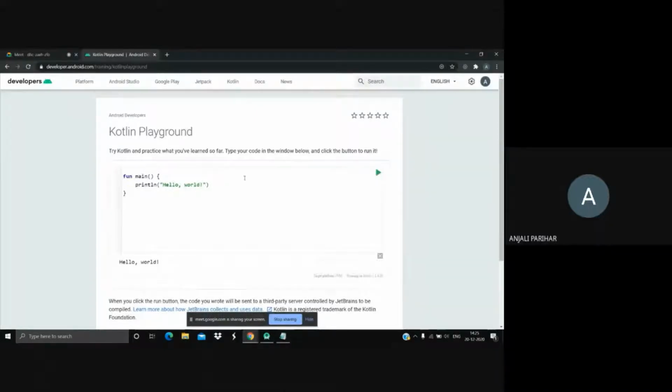So let's start with the variables. We basically have two types of variables, mutable and immutable. As the name suggests, mutable variables are the ones which can be edited afterwards. So you have this var keyword. Let me declare this as 2. What I did here is assign an integer value to this variable a.